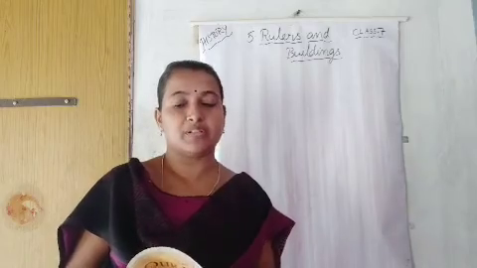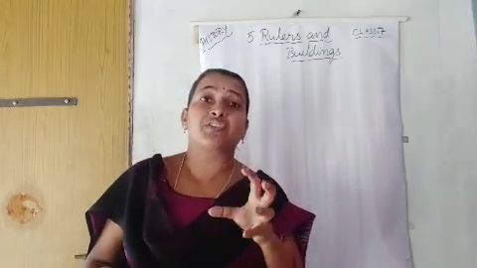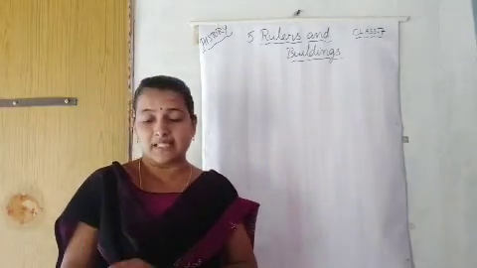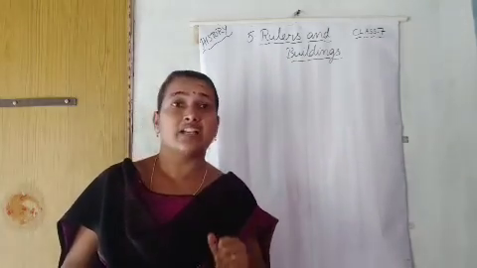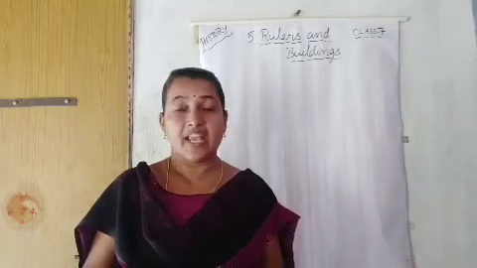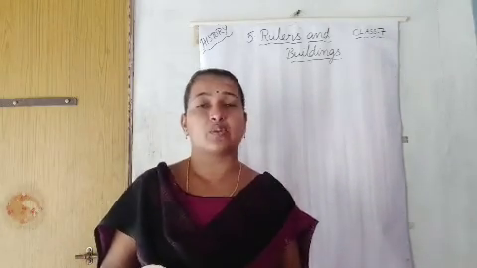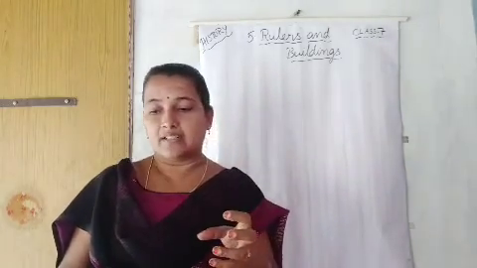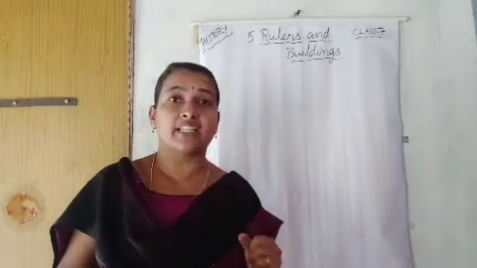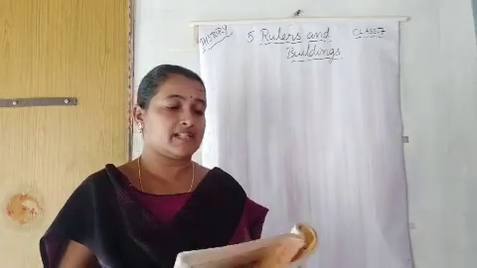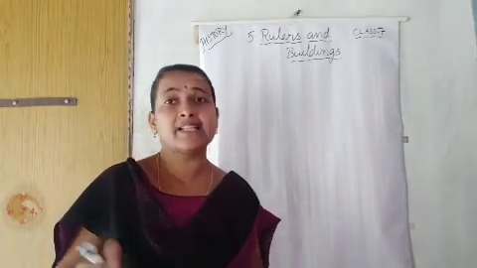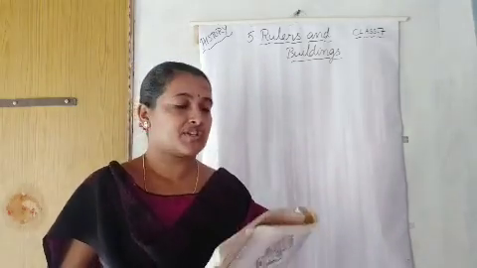In the previous video, I explained class 7 history chapter 5, Rulers and Buildings, first part. Over there, we discussed how the rulers focused on the construction style, the architecture style and the tribute style, and the temples construction also. For example, the Kandariya Mahadeva temple and the Rajarajeshwara temple we have discussed. Now let's see about other constructions.